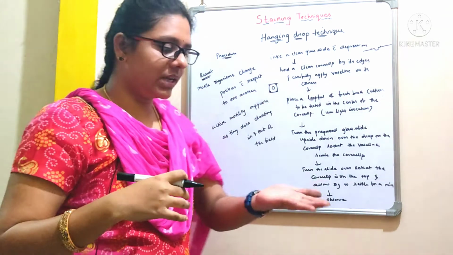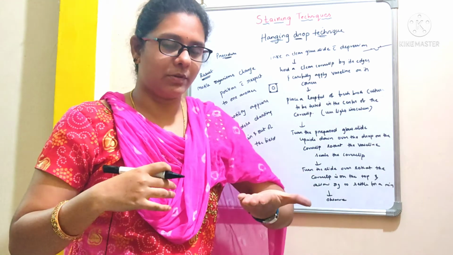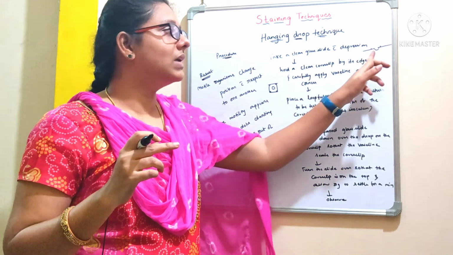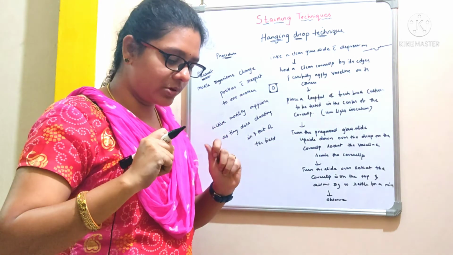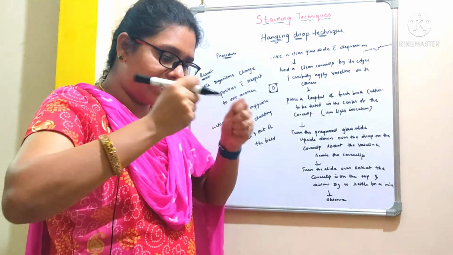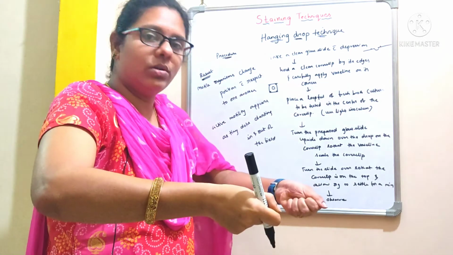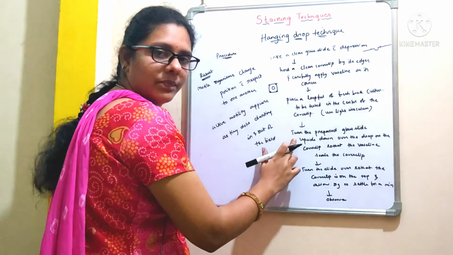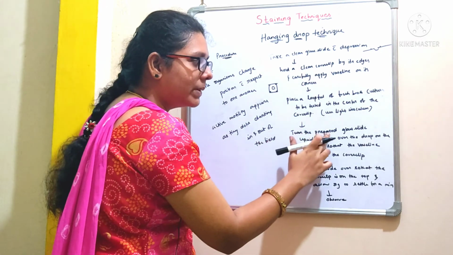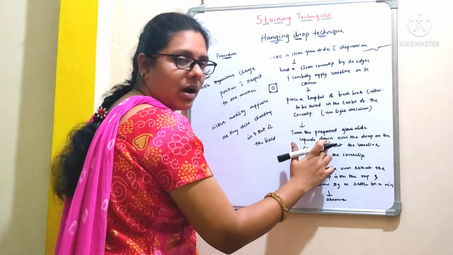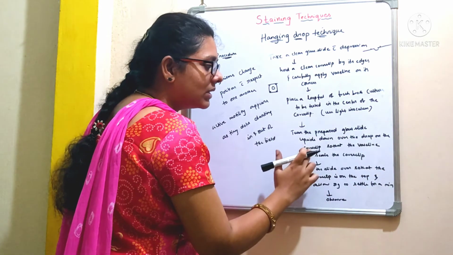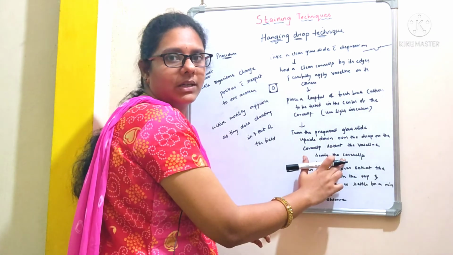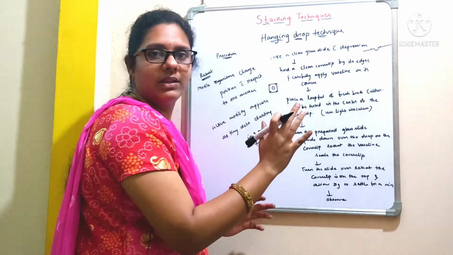Okay, for example, this is your cover slip. So assume that you are having a cover slip over here. Now you have a depression glass slide. What you are supposed to do is, you have to turn it back and then you place it onto this cover slip, right? So in the next step, that's what I mentioned here. Turn the prepared glass slide upside down over the drop on the cover slip so that the Vaseline seals the cover slip, right? So now we are ready with this slide.